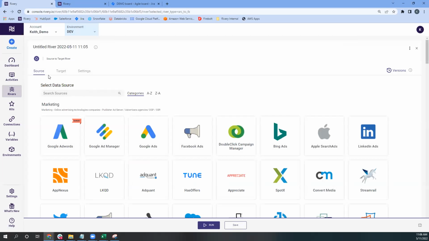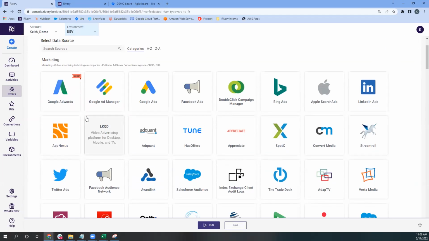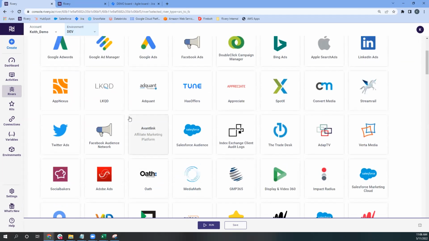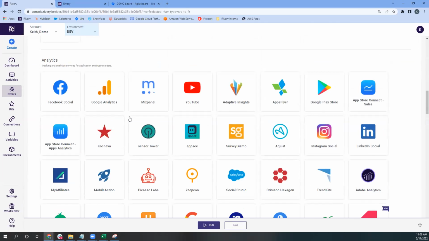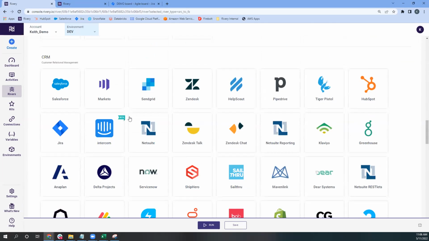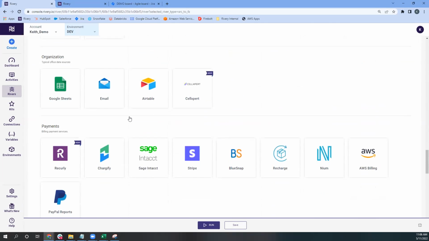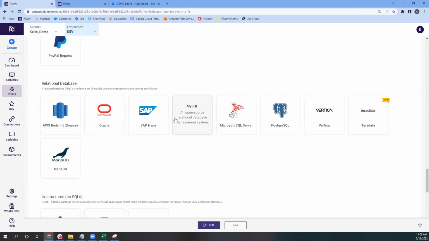And I'll be going through a few tabs here between source, target, and settings. But the first piece of information you need is where you want to pull your data from. So Rivery has over 190 native connectors out of the box, from marketing to analytics, CRM systems, organizational, payments, relational databases. And I will pause here because with relational databases, Rivery allows the flexibility to do change data capture or